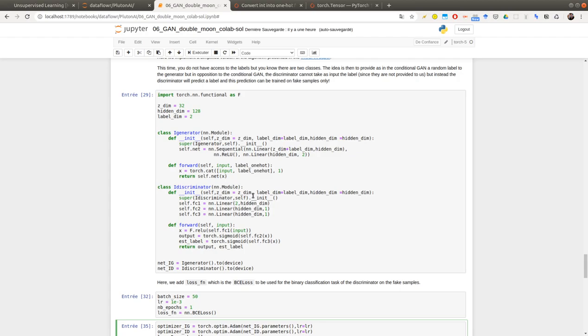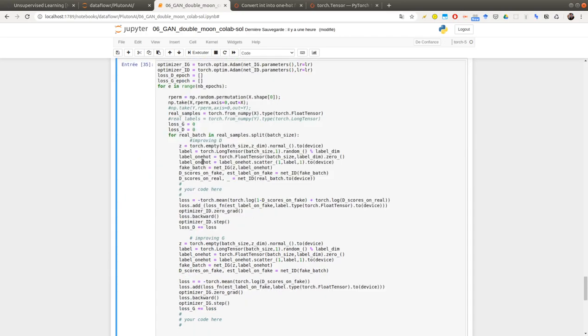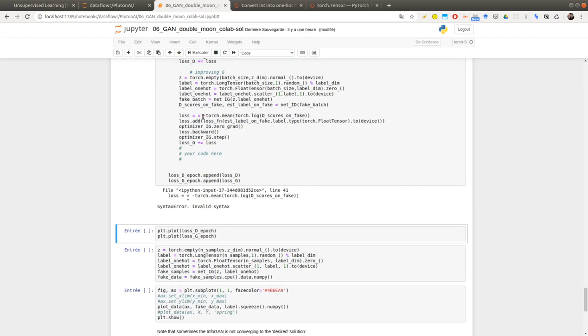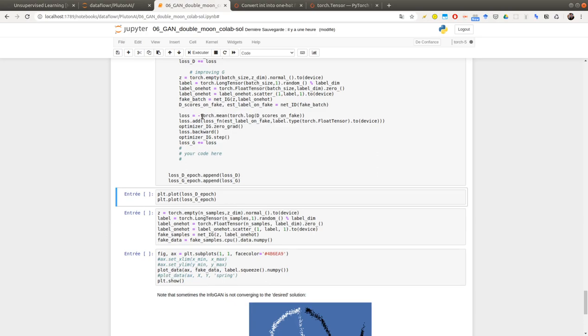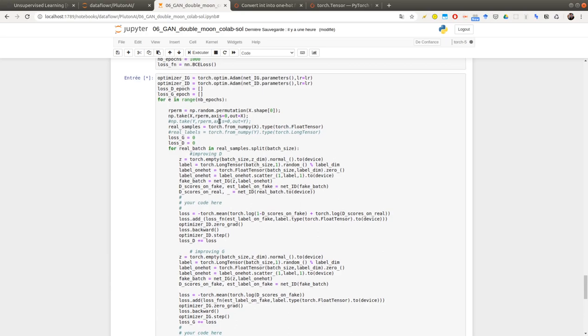So they are actually collaborating on this. So this is why I'm not putting a minus here, and we'll see if it works, because there are two separate tasks for the discriminator now.